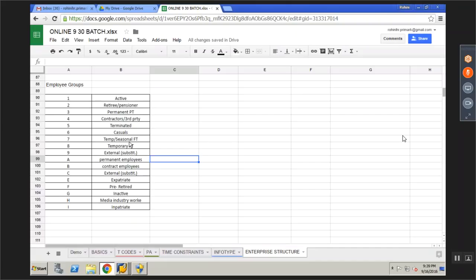So these are the employee groups which are defined. Now, if it's for a company, if we have to configure the employee group, not all the types of employee groups will be available in that company. That means any employee joining mostly can be part of an active group or a permanent group or a contract group. For example, we will consider 3.